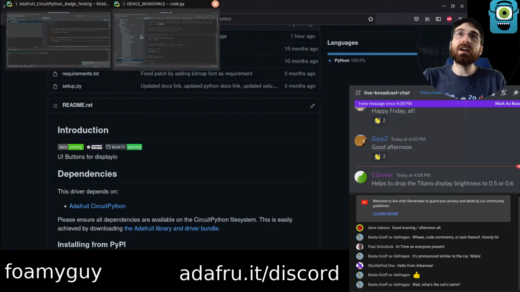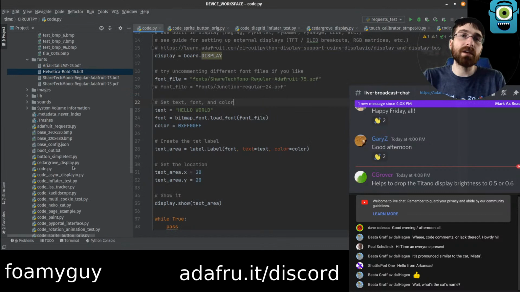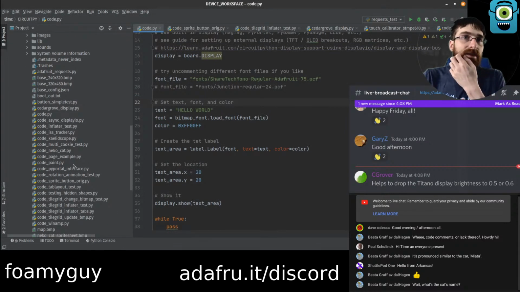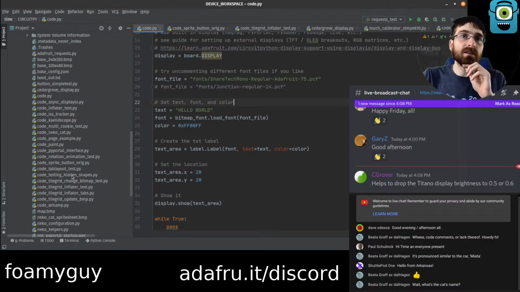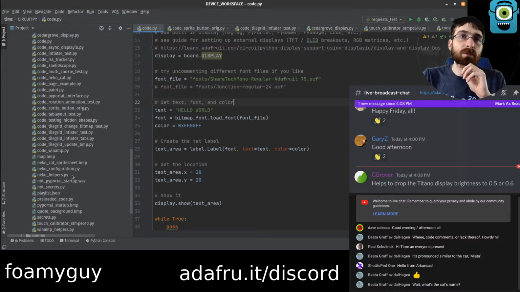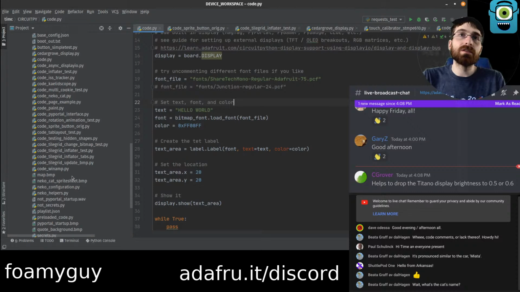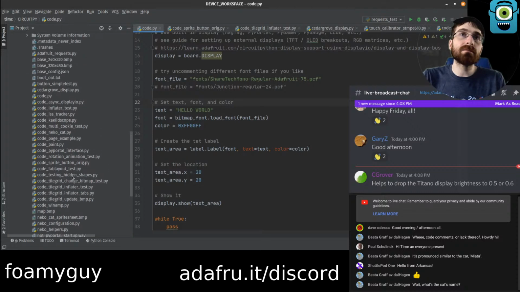Do I still have the button simple test loaded up here? If I do, I'll run it. If not, I'm not going to bother, because it was made for not the PyPortal Titano, and I had to do some things to update it. Should have saved that. It looks like I didn't.